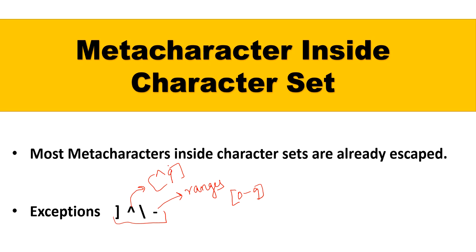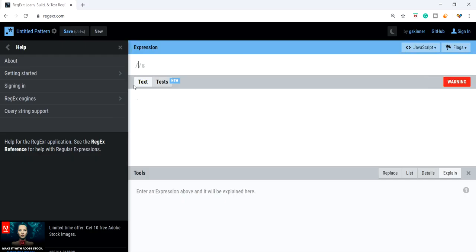So they have special meanings. Dash is for character range, caret for negative character sets. If we want to use a literal dash or literal caret, then you need to escape those. Let's understand this with an example. I'm deleting this. Now here, if I write int in square brackets 9, then I'll take int curly braces 9, int parenthesis 9.